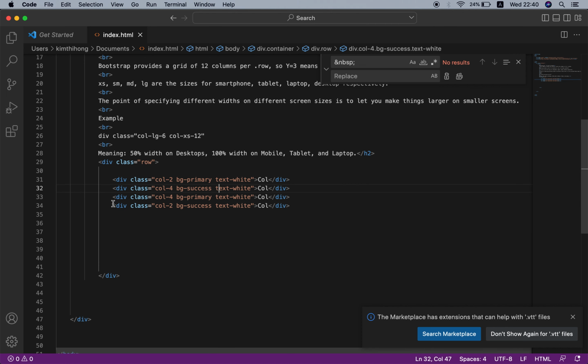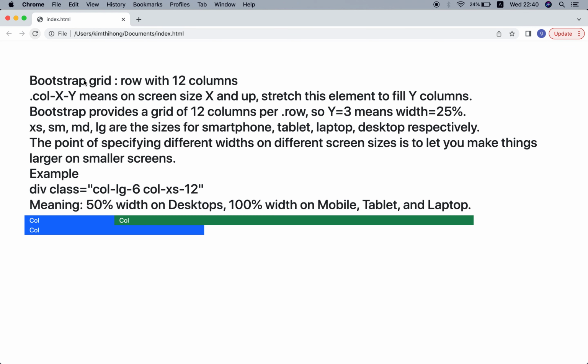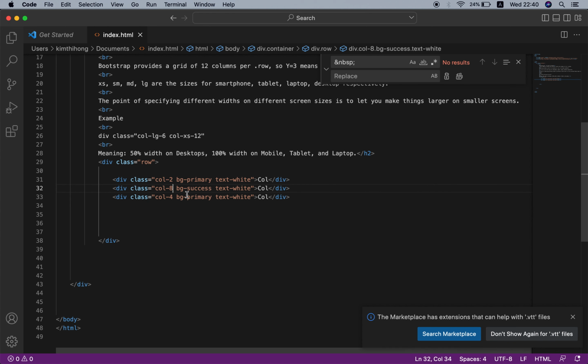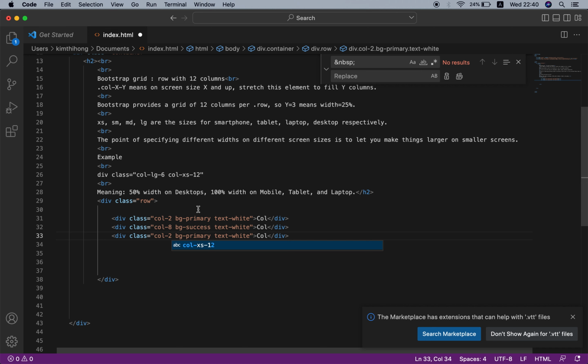Now if we use 3 columns only, we can have 8. And now you have just 2, because we have only 12 columns, so here 2 plus 8 equal 10, plus 2 equal 12.